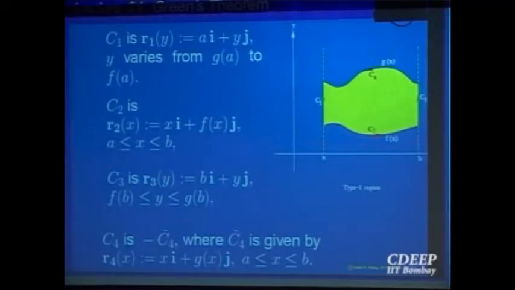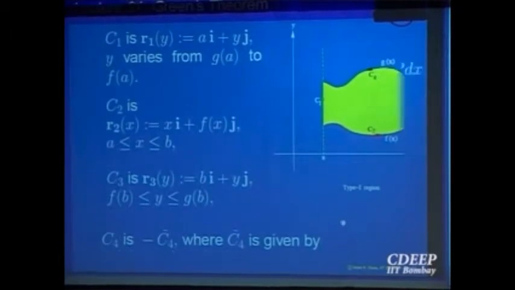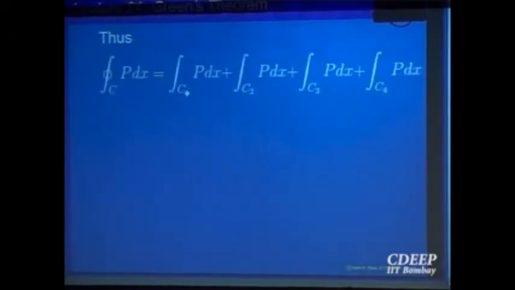Let us now, using these orientations, evaluate the line integral. The line integral was P dx plus Q dy. So let me evaluate the first one, P dx. How will you evaluate P dx? Write P in terms of the parameterizations. What is dx? You know from here. So this is equal to the integral over C1 plus the integral over C2 plus the integral over C3 plus the integral over C4,